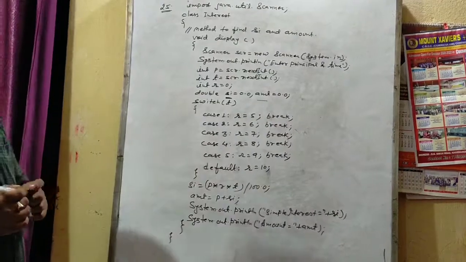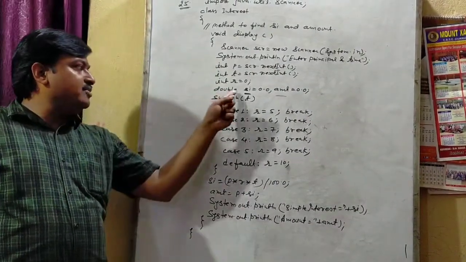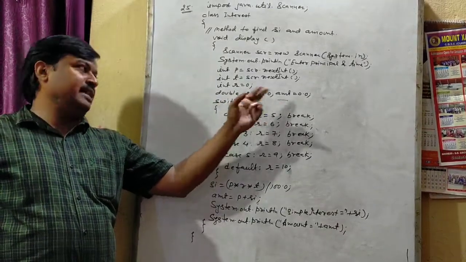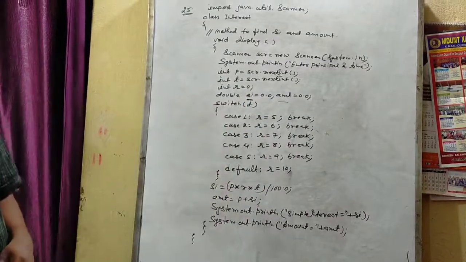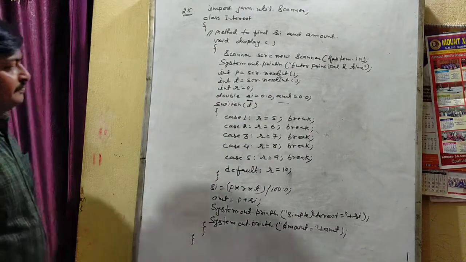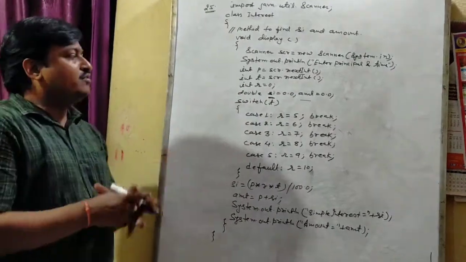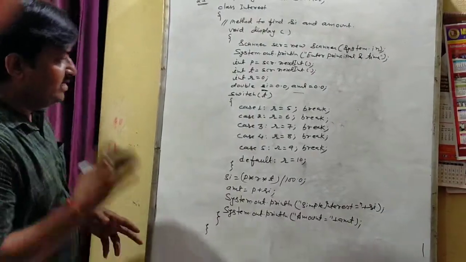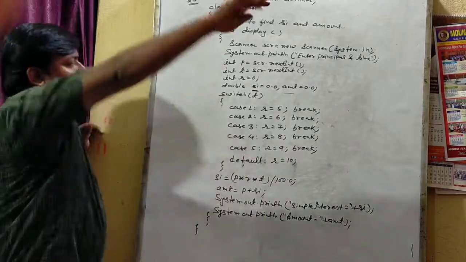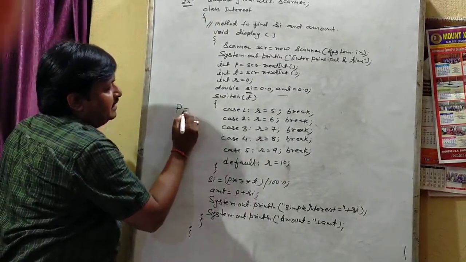Students, we know simple interest may come in decimal value, that's why it is taken in double. If SI will be in decimal, the amount obviously will also be in decimal, therefore SI and amount will be taken in double. So student, in this question we have to solve using switch case. I'm giving you an example with the current value.